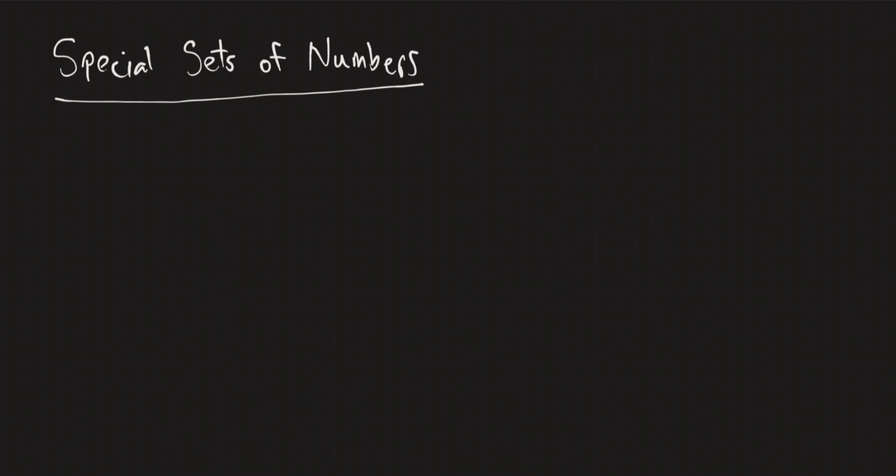In this video, we'll take a brief look at some special sets of numbers and the symbols that we use to denote them, and just a recognition that, yes, there are different types of numbers, right? So the first set, and sometimes you might just see these written or denoted as a bold N, or sometimes the N will have an extra line there. And this symbol represents what we call natural numbers,